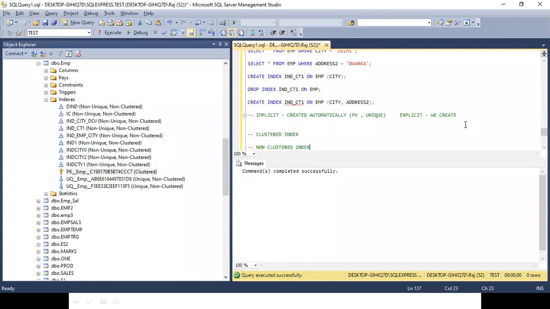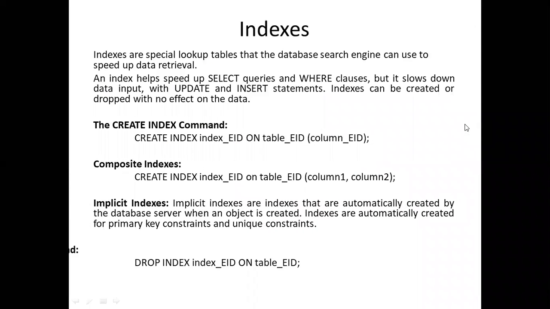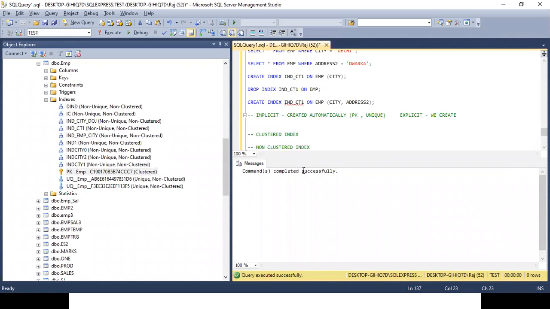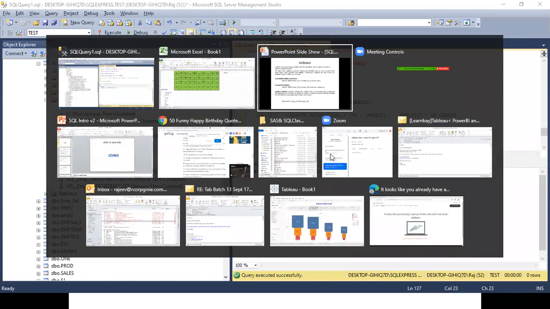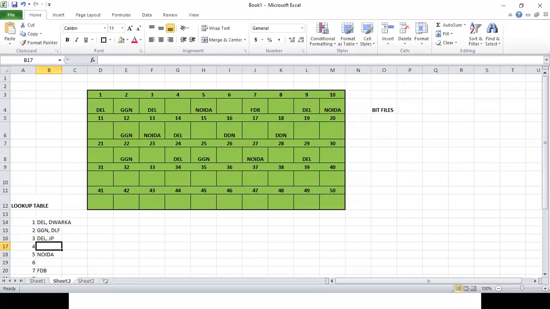The indexes which we have just created are non-clustered indexes. In this, the lookup table which SQL has created has just noted down the address without making any changes. It has just noted down which particular information is stored at which particular address.